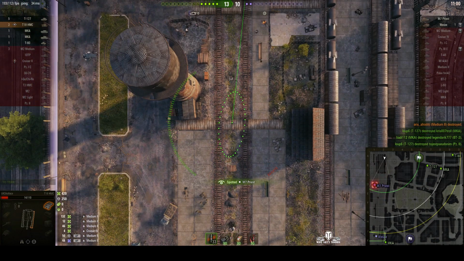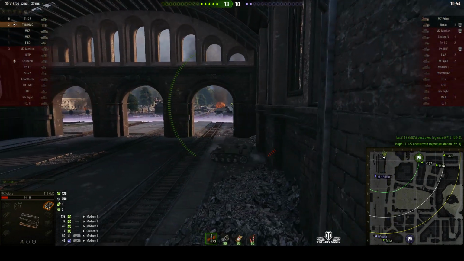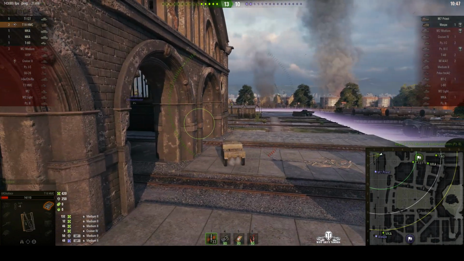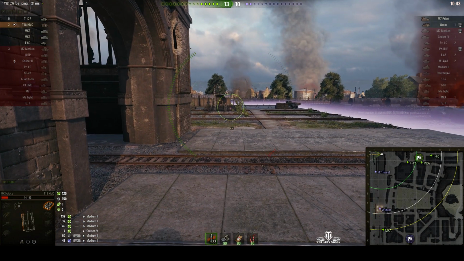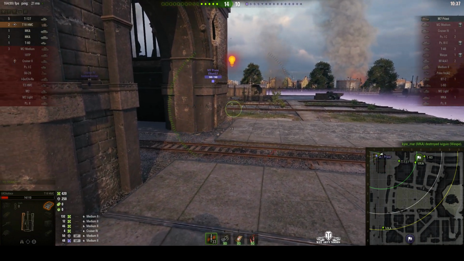We're going now for that Vesper, but we spotted an M7 Priest, would you believe it? Now that tank is also another SPG that acts very much like a TD, because you can drive it like you would an M3 Lee. Now something just destroyed that wagon over there. I think somebody fired a round and they fired it